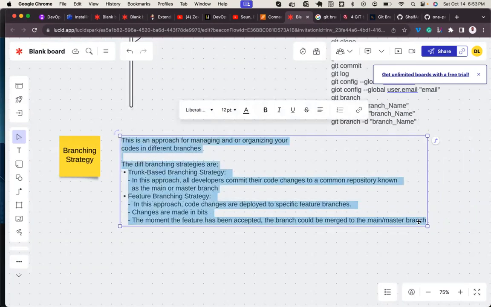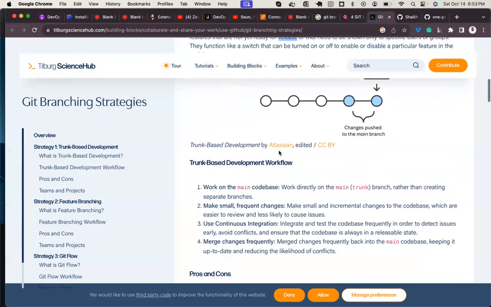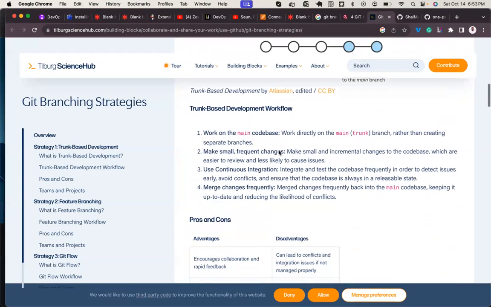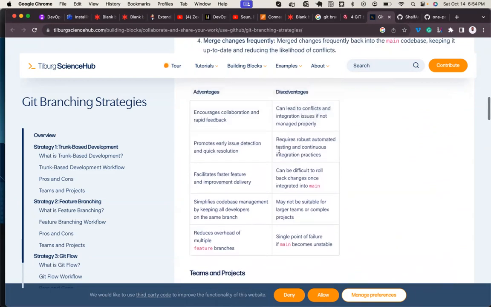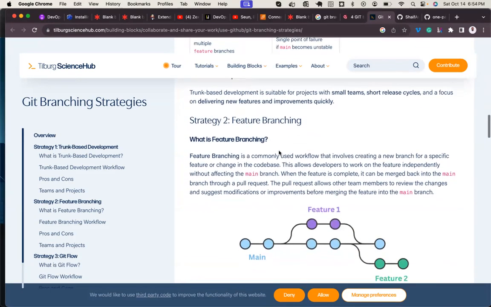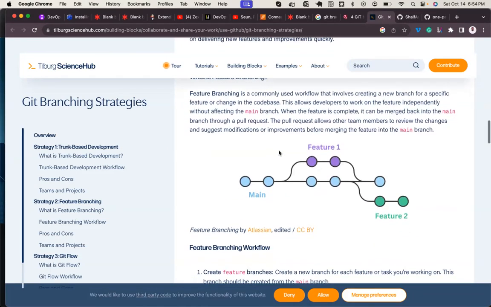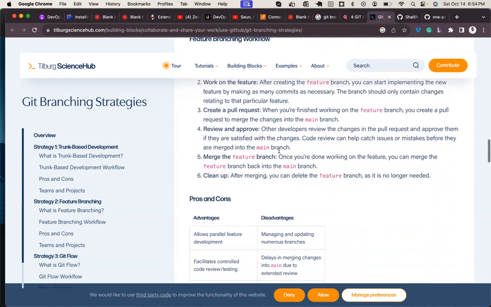The last but not the least is what we call Git flow. Let's check. Git flow. I think I'll share this link with you so that you also read these. It's very key. You look at the differences between these, their pros and cons.